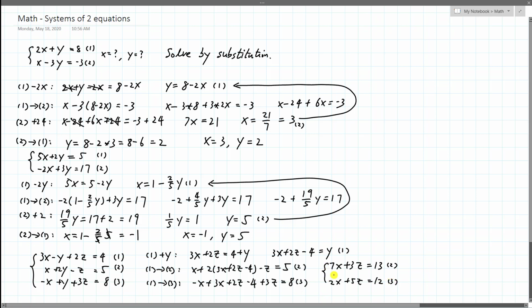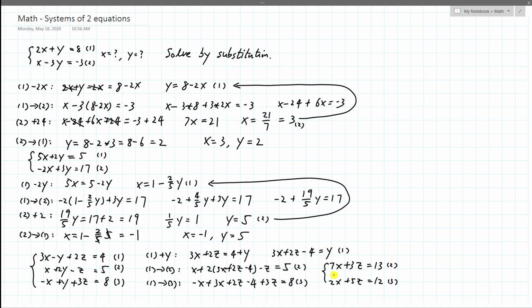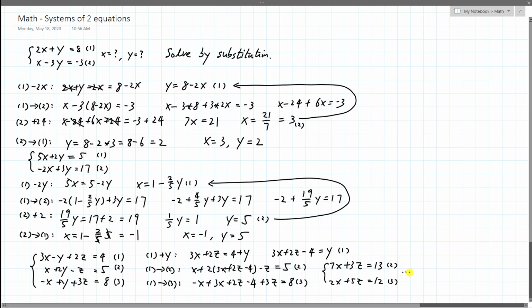Alright, so now we have a new system of two equations and two unknowns, and then if you solve it the same exact method as we did, you'll be able to get, so let's do dot dot dot, you solved it, let's say you somehow eliminated x, you got z. So what is z supposed to be? Z is equal to